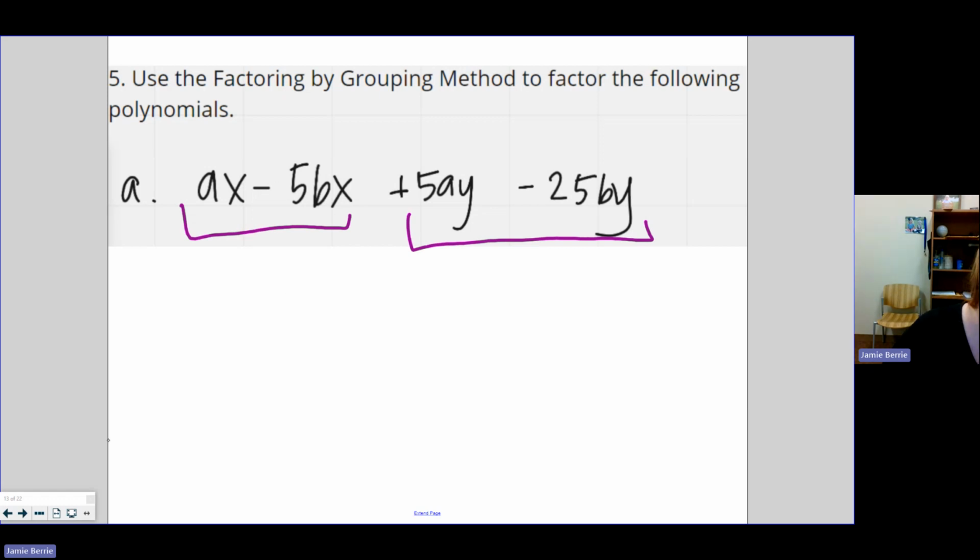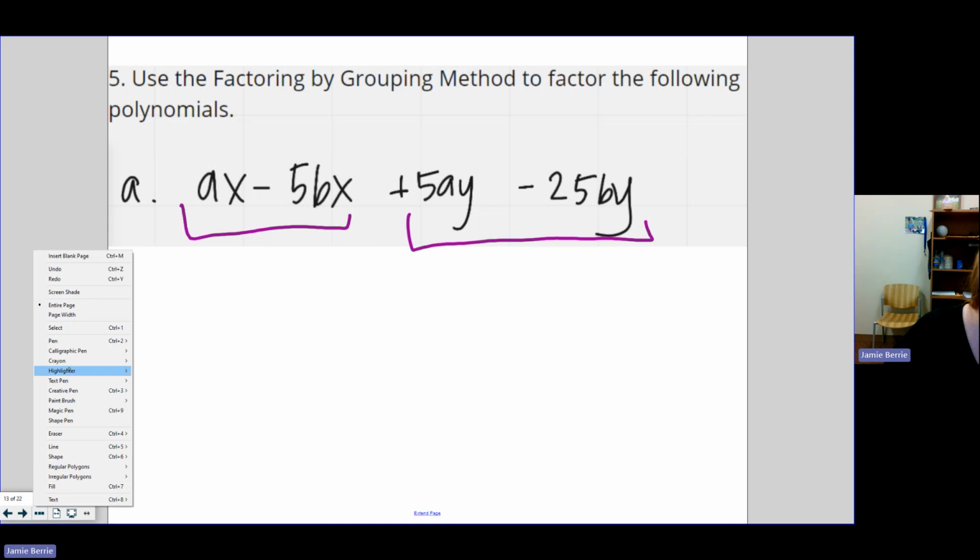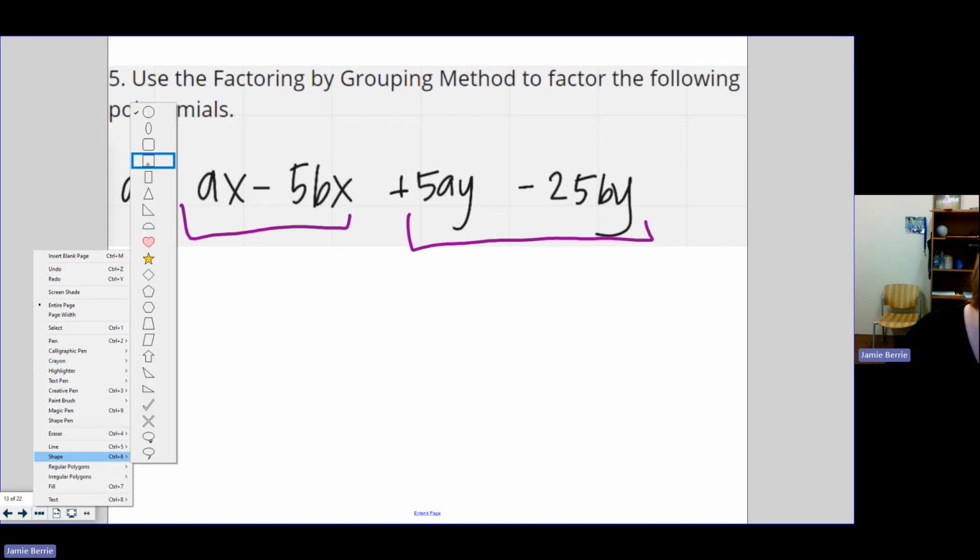All right, so whenever you group the first 2, just for a second, you're going to totally ignore,